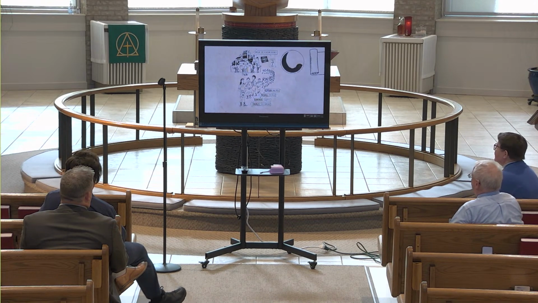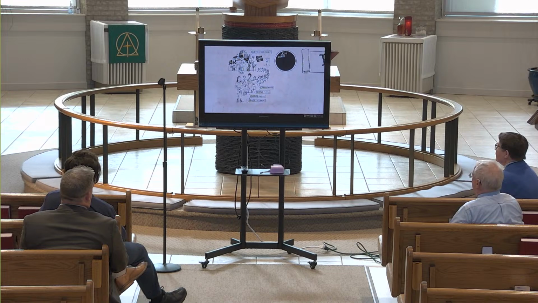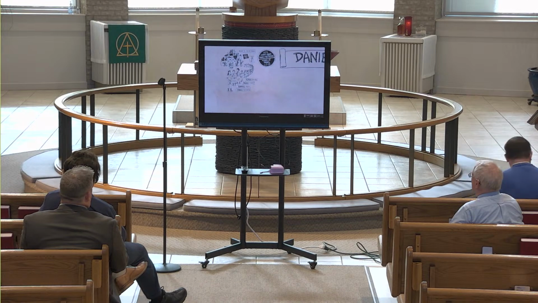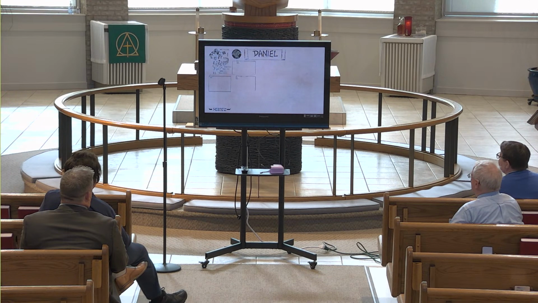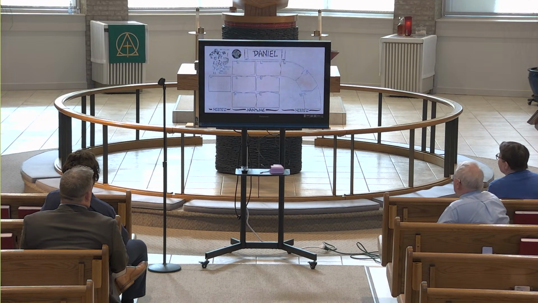The book's design seems pretty simple at first. Chapters 1 through 6 contain stories about Daniel and his friends in Babylon, while chapters 7 through 12 contain the visions of Daniel about the future. But this 2-part shape is made even more interesting by another design feature, and that's the book's language. It begins in Hebrew, the language of the Israelites, but chapters 2 through 7 are written in Aramaic, a cousin language to Hebrew spoken widely among the ancient empires. But then in chapters 8 through 12, it goes back to Hebrew. This design shows how chapters 2 through 7 are a coherent section, but it also highlights the importance of chapters 2 and 7 for understanding